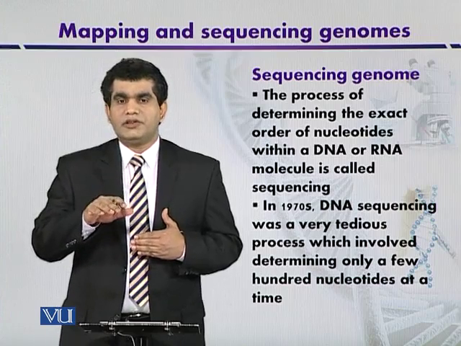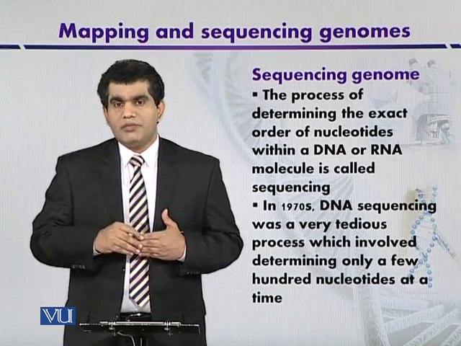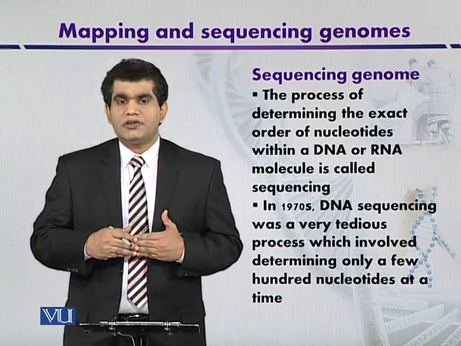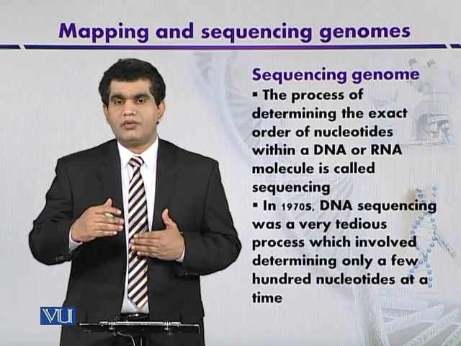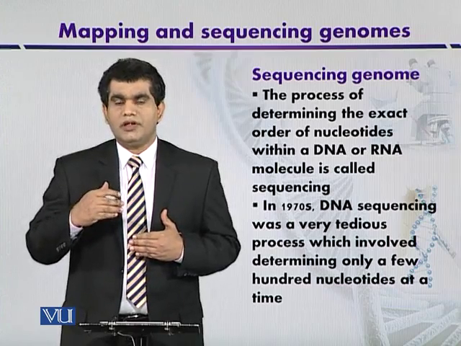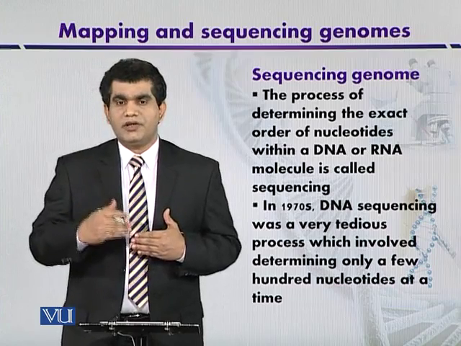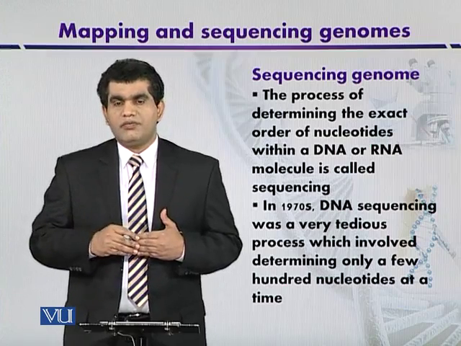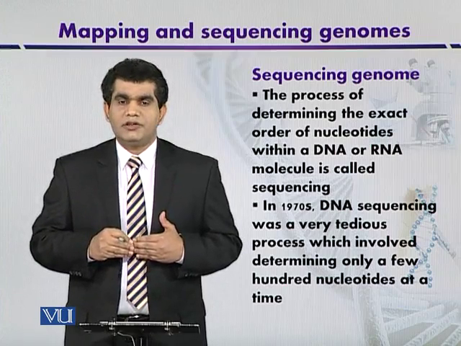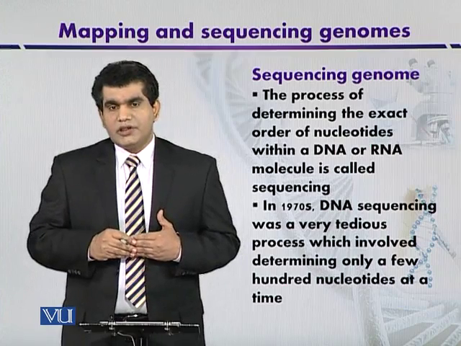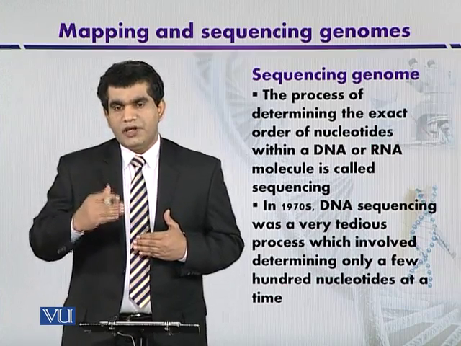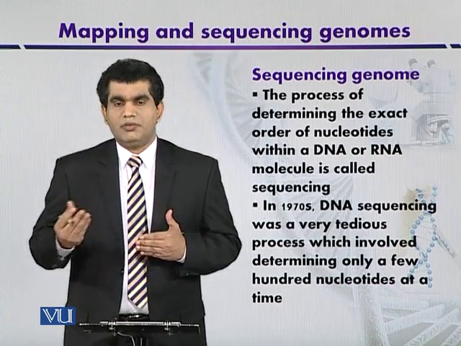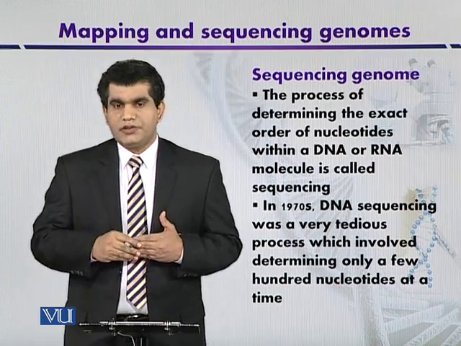The chains will be arrested whenever this modified base is added, and then the respective reaction mixture will be run on the agarose gel, and the fragments on the basis of their length will be resolved on the gel, and the sequence of a few hundred base pairs can be elucidated. So the Sanger reaction is a type of DNA sequencing in which around a few hundred base pairs, maybe up to 600 base pairs, may be sequenced.